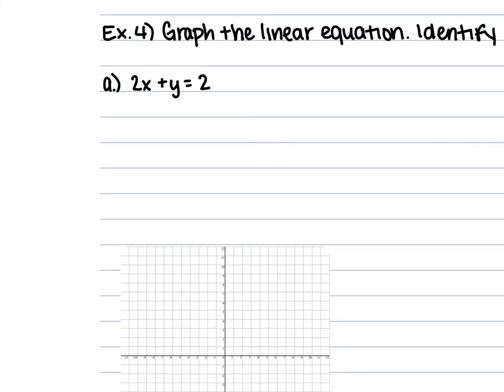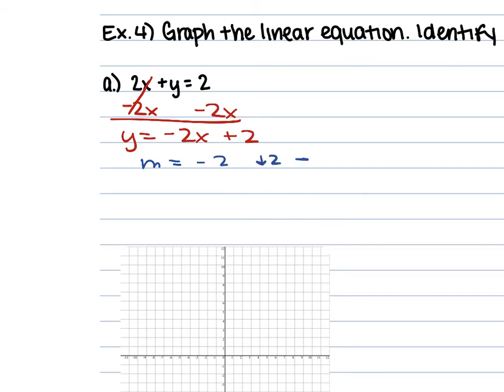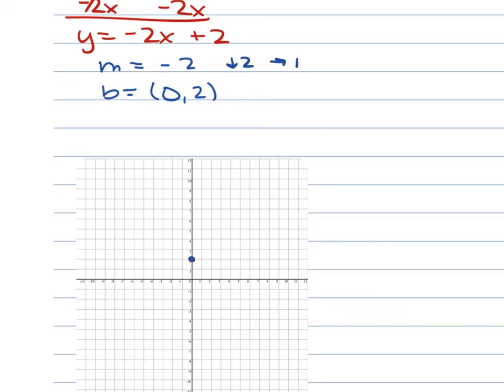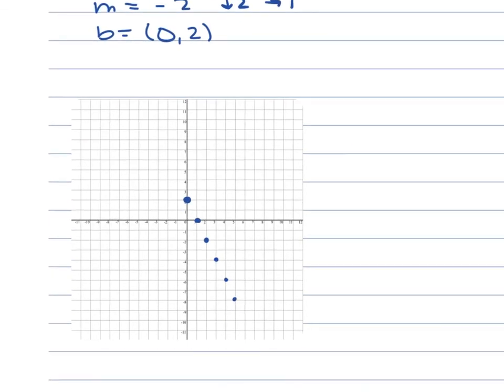For A, we have 2x plus y is equal to 2. So we're going to subtract that 2x from each side to get us to that y is equal to negative 2x plus 2. Our slope is negative 2, so we're going to go down 2 to the right 1. And our y-intercept is that 0, 2. So on our coordinate plane, we're going to plot a point at 0, 2. Then we're going to go down 2 to the right 1. You could use those 2 points, or you can completely go throughout your entire coordinate plane,